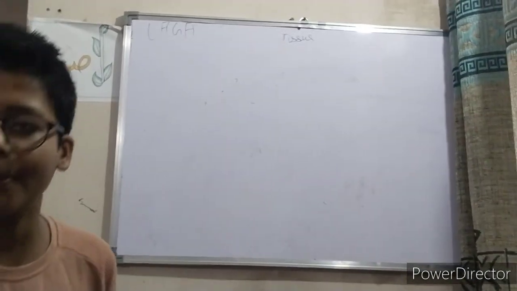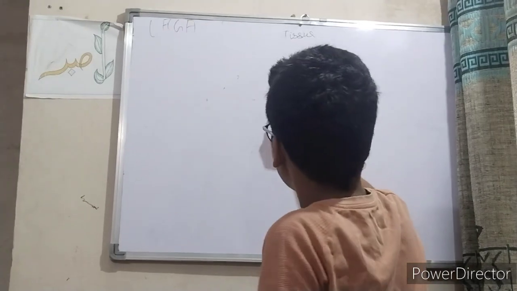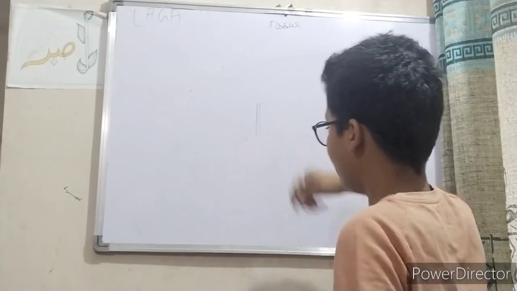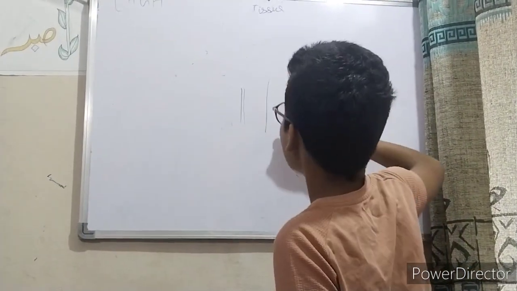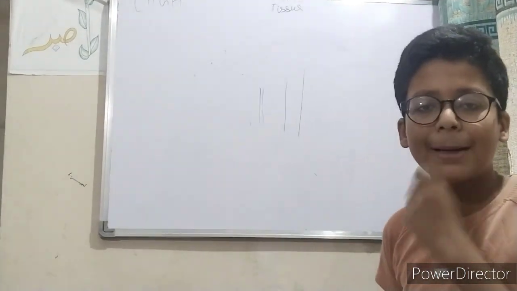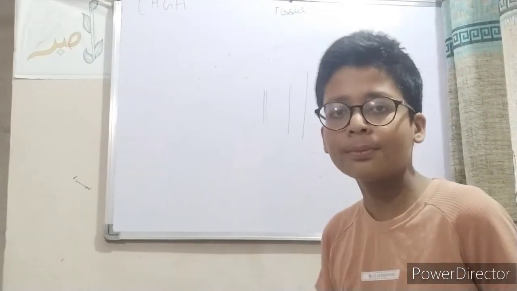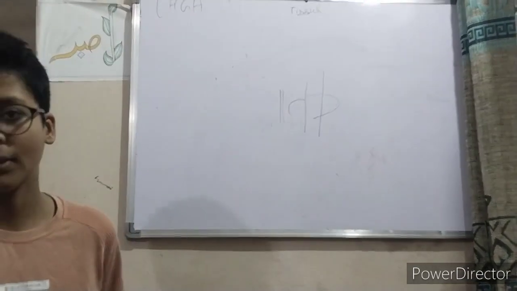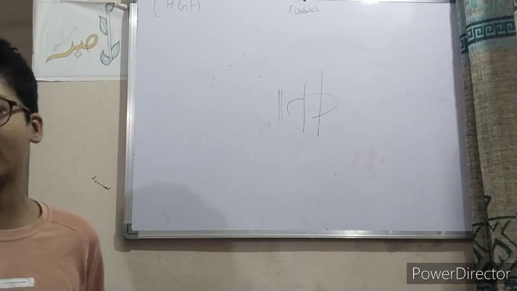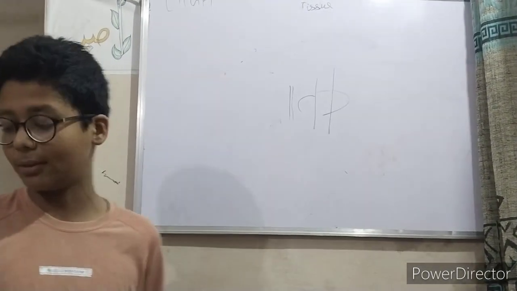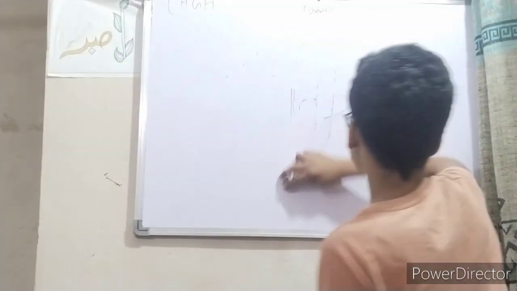This is not present in your book, but I am telling you that when a plant grows, its stem is very thin. But when it grows, its stem becomes thick. This growth is possible only by cambium. If there is cambium, lateral growth is possible. If there is no cambium, lateral growth would not be possible. So let us move to our next topic.